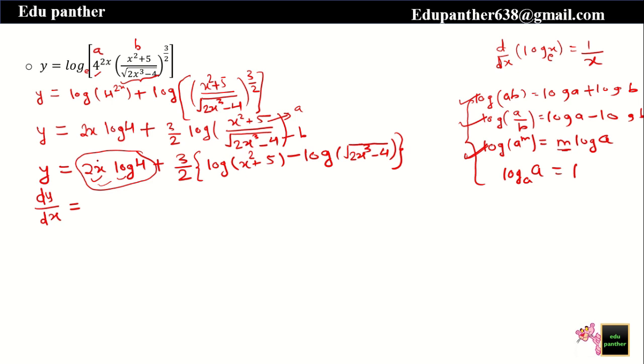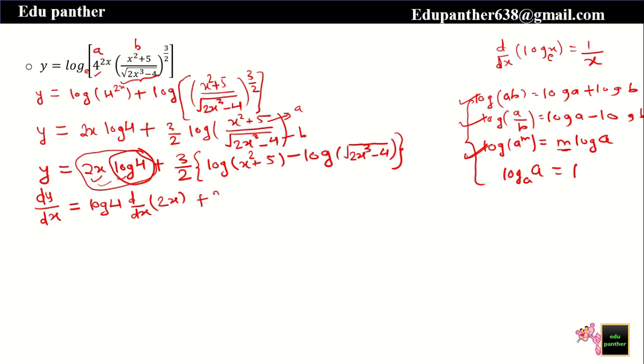Now see, here 2x is your first term and log 4 is the second term. Log 4 will be a constant term here because it does not have any term of x. So log 4 is constant, and it has only one variable term, which is 2x. So what is the derivative of this 2x? Before that we'll write a proper expression. Write the constant outside: log 4 into the derivative of the variable term, which is 2x.